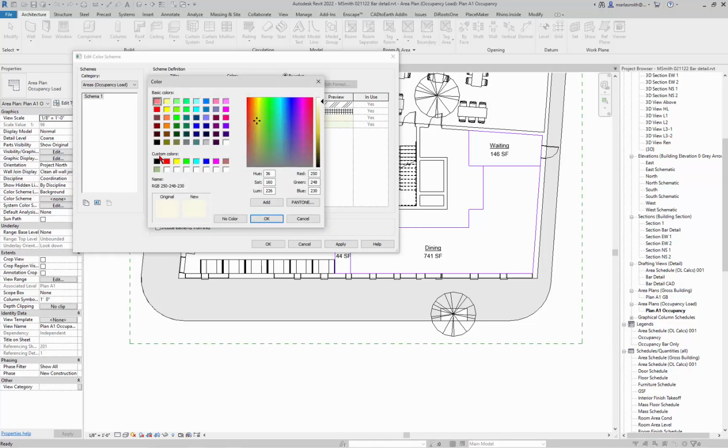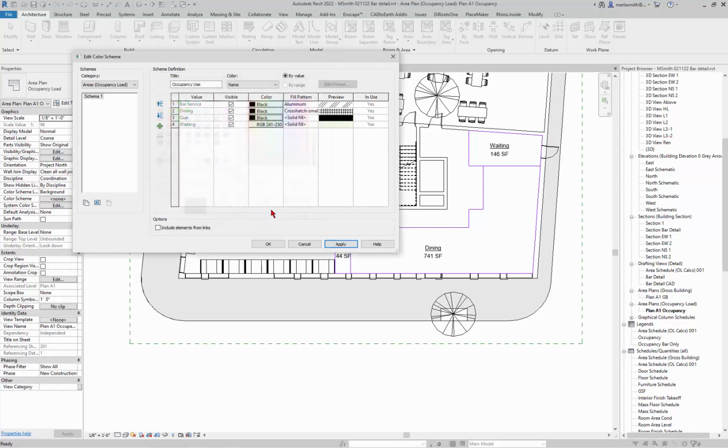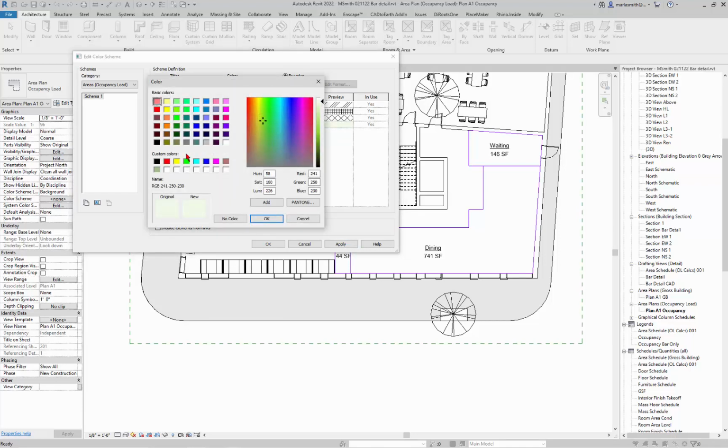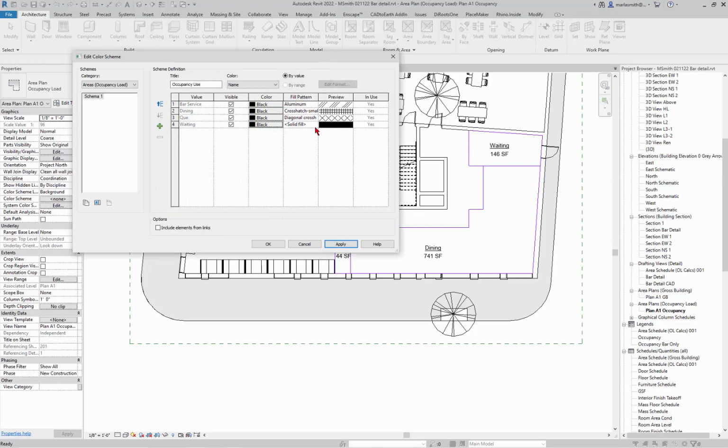And then for the Q, right, I'll do, how about diagonal crosshatch medium? And then the Q and the waiting have the same occupancy load factor, so you could give them the same hatch if you wanted them to read the same, but I'm going to go ahead and give the waiting a slightly different hatch. So do black again, and let's do